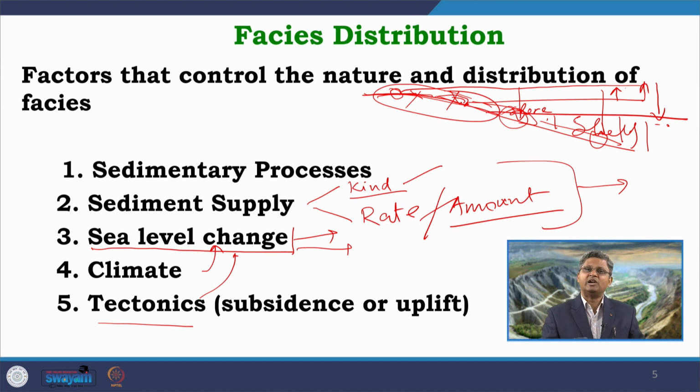If I talk about the long term effect of tectonics, or the larger scale effect, definitely it comes to the plate tectonic scale, and we have already discussed in our previous class the cyclicities, different orders of cyclicities like second order and third order sea level changes. They are dominantly controlled by tectonic forces like the formation of supercontinents, breakup of supercontinents, and seafloor spreading. Those processes will have a major effect, maybe across the globe, changing the sea level, and that will again have the same kind of effect within the basin as we have discussed in the case of sea level change.